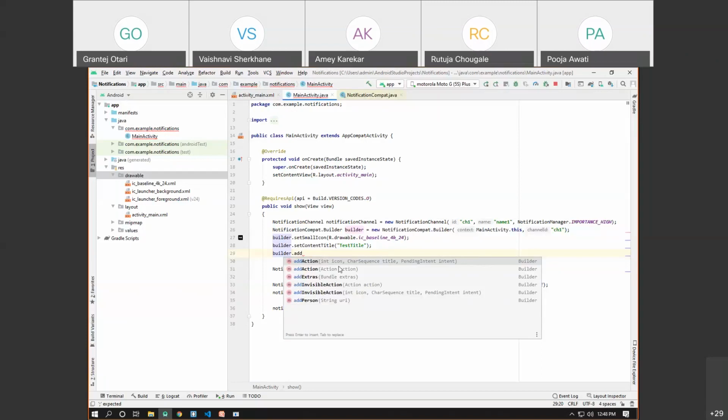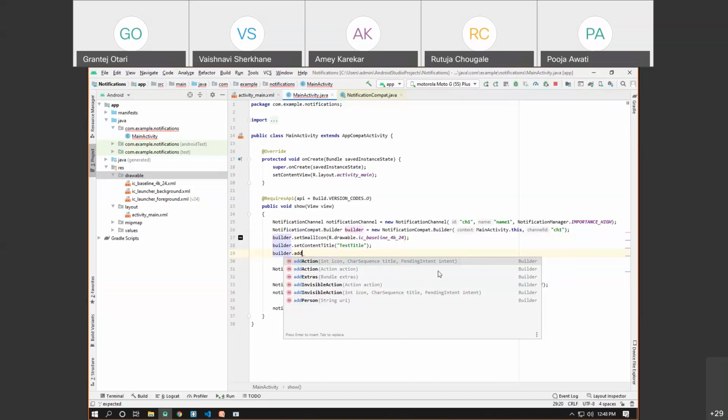The first is the int icon, that's basically the ID of the drawable resource file. Then the CharSequence title, which basically means what will be the text appearing on that particular button, and the third is the actual PendingIntent. Now, since we haven't seen currently the pending intent programmatically, I'll pass this third parameter as null.